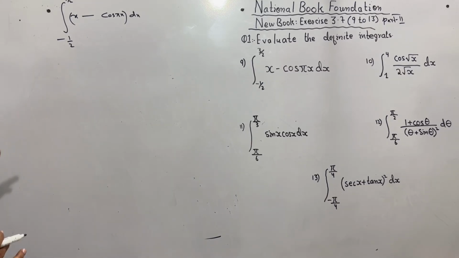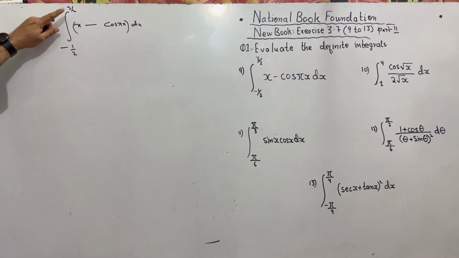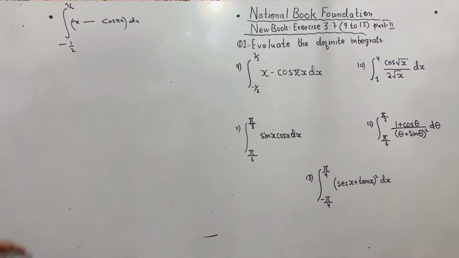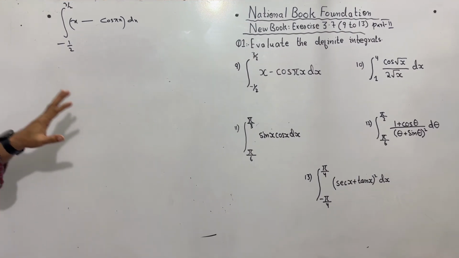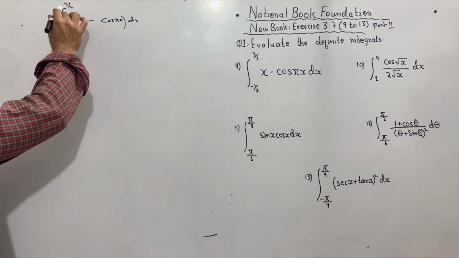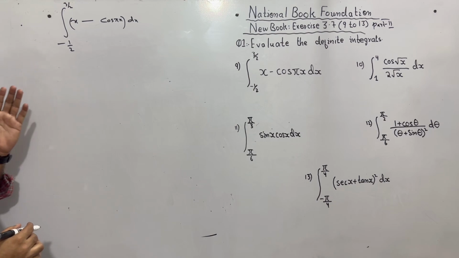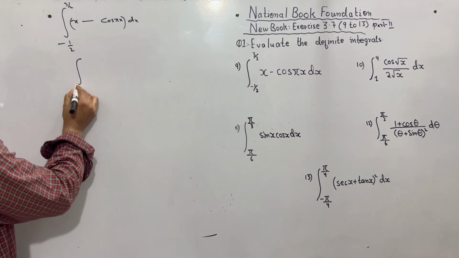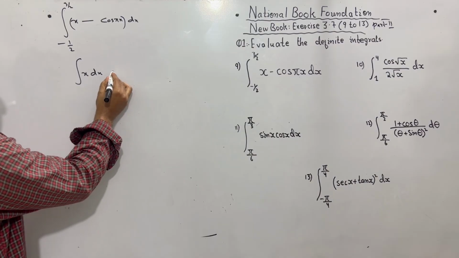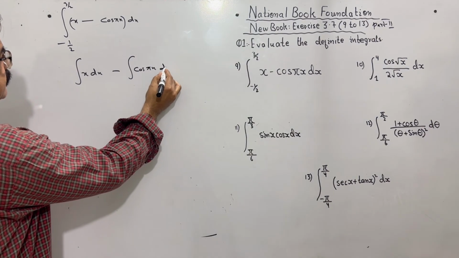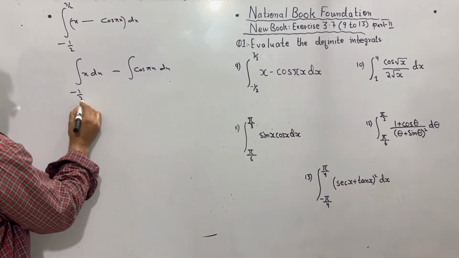It is simple integration because we are in a position to multiply this integral operator and dx with each and every term without any difficulty. If we are in a position to multiply the integral operator and dx throughout each term, it's known as simple integration. It is the case x dx minus cos pi x dx, keeping the limits intact,